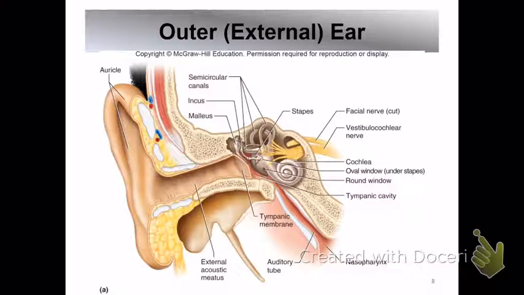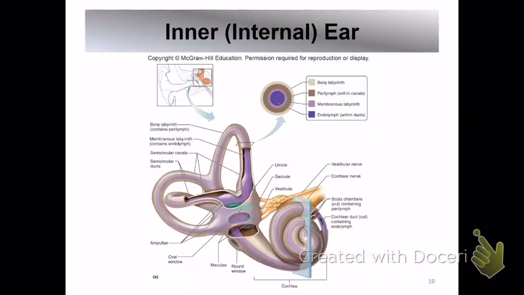The auditory tube, which would be right here, this part right here. Can't see that pink too good on it, can you? Right here, that red. It connects the middle ear to the throat. A lot of times your ears will be cracking and your sinuses will be draining. You can feel the mucus. But it allows air to pass between the tympanic membrane and the outside of the body. So there's no pressure buildup, thank goodness. It equalizes the pressure on both sides. Okay, when we look at the inner ear,